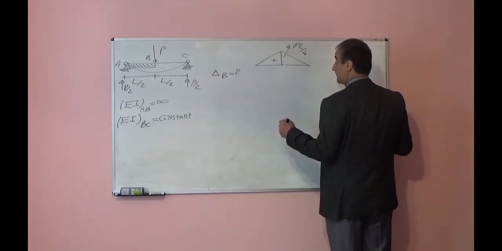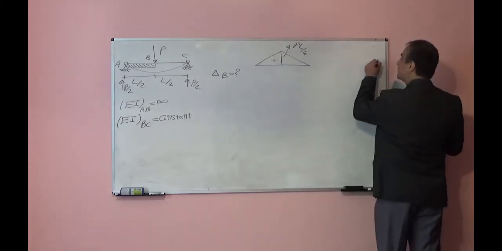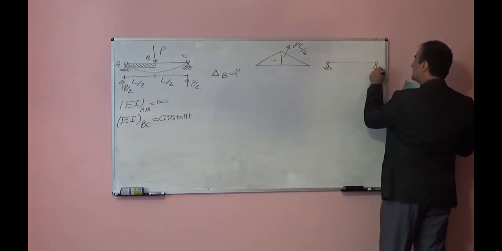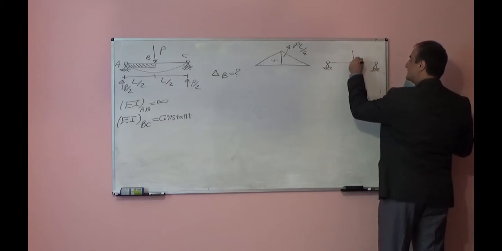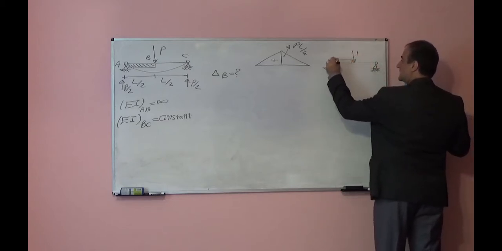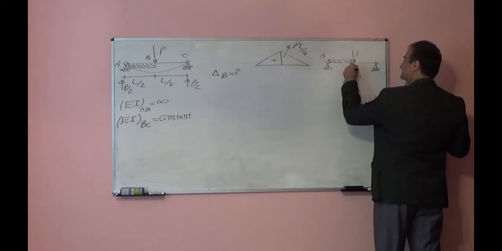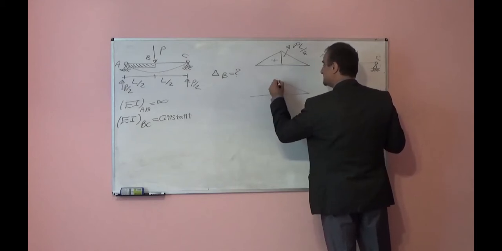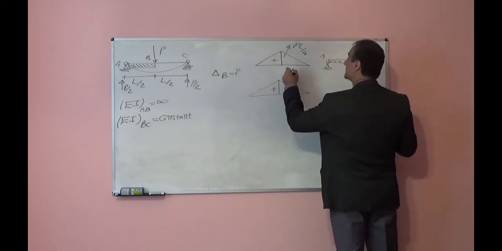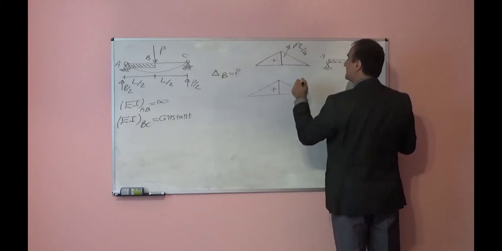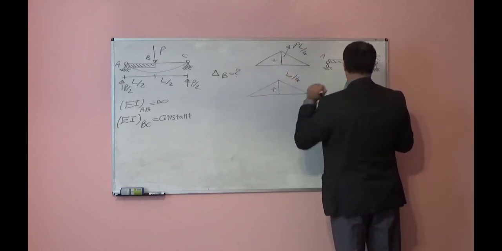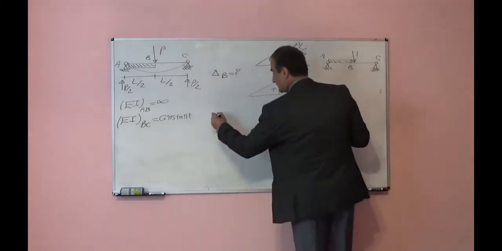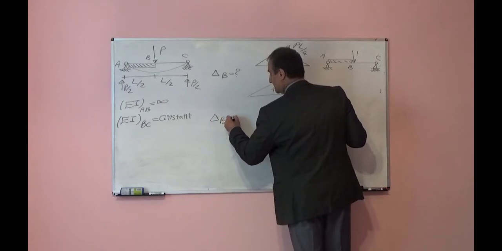Now, because I want to find deflection at point B, I should create my virtual system. For the virtual system, I will add a unit load at point B again. The moment diagram will be similar. Instead of P, you will plug 1, because you had P, now you have 1. So it will be L over 4. Now, if I want to find delta B